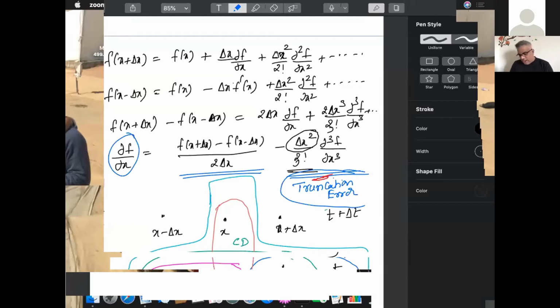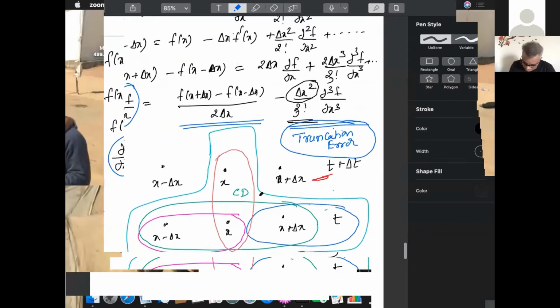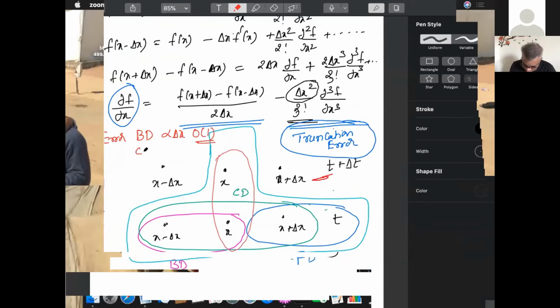So we would like to understand what is the nature of this byproduct. When you actually see this, this truncation error would affect my order of accuracy. It will tell me the order of accuracy of the numerical scheme. So here you see that my error for the backward difference scheme is proportional to delta x. The power of delta x is 1 here, so my scheme order is 1. For central difference, the power of delta x is 2, so my order of accuracy is 2.